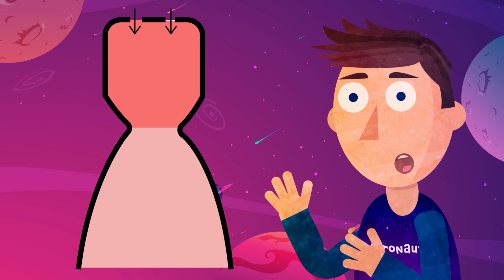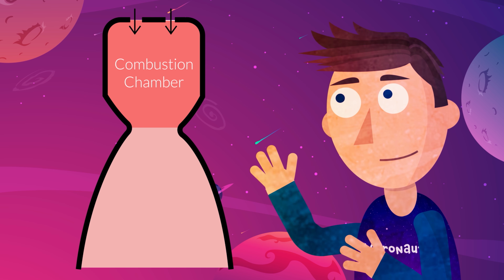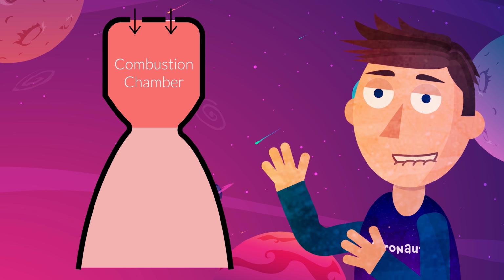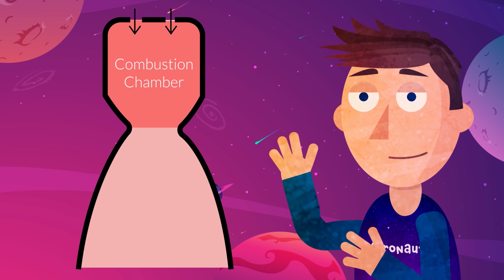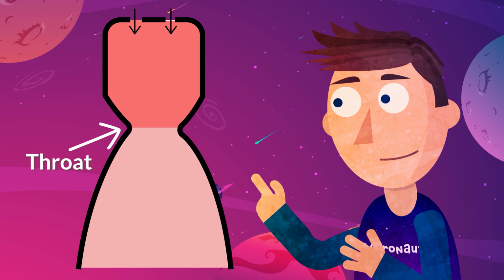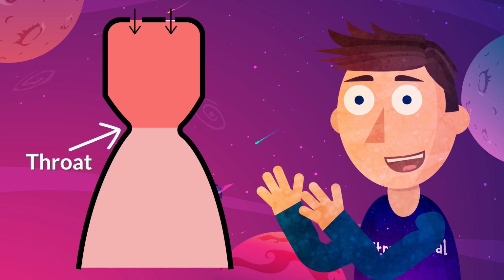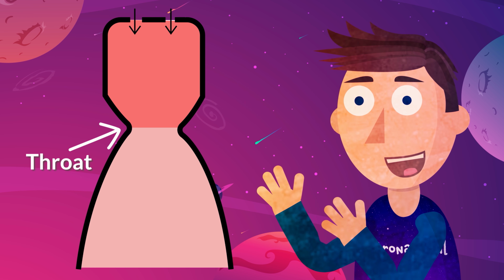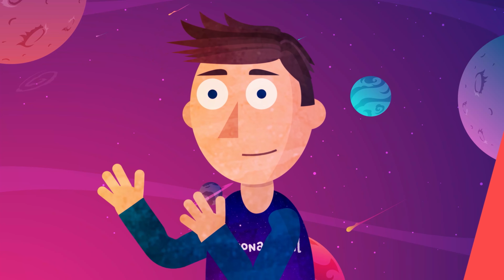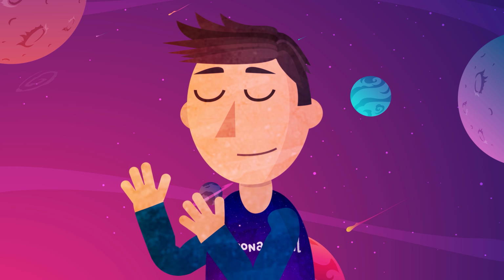This odd shape is called a converging-diverging nozzle. Up here is the combustion chamber, and it's here that the fuel and oxidizer meet. The molecules here are of high temperature and pressure, but are not directed in a single direction. This is where the throat here comes in. The throat gets the random thermal motion of the molecules here and gets it to a supersonic velocity, and in the process, channels the motion in one singular direction. The converging-diverging nozzle is therefore one of the most important features of an efficient rocket engine.